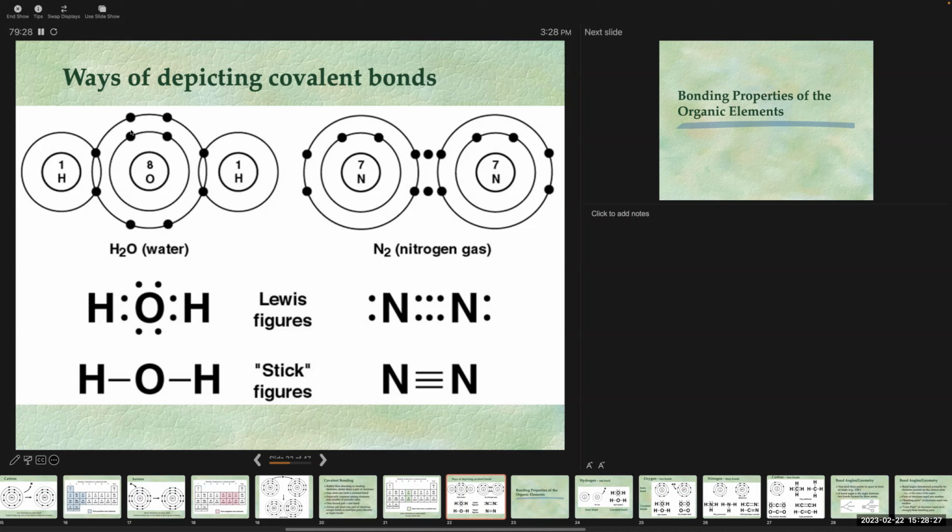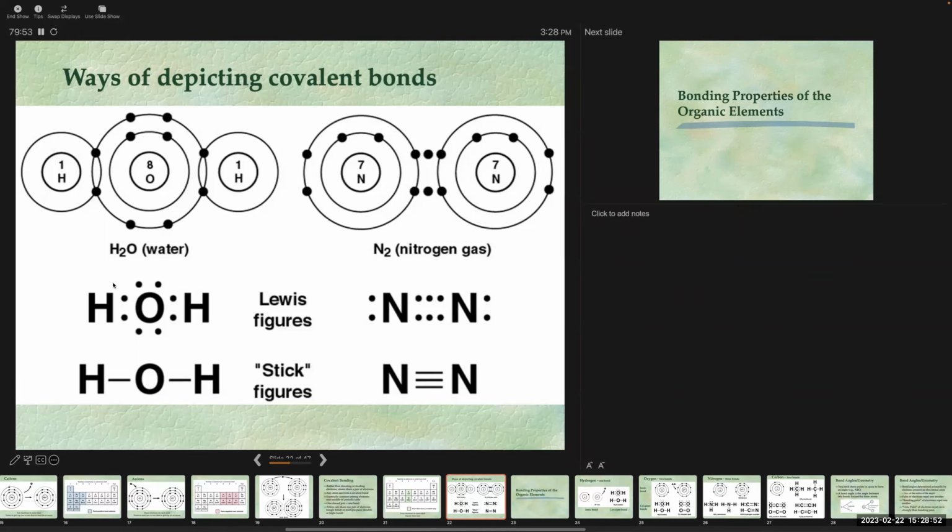So in the case of the oxygen, it's just ignoring the fact that there are 2 electrons in that inner shell. The Lewis dot figure is only looking at the electrons in the outermost shells of these atoms. So you could say that there are 1, 2 at the top, 3, 4, and then 1 on the left and 1 on the right,